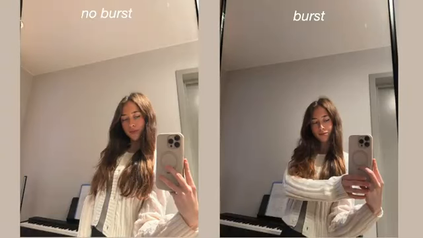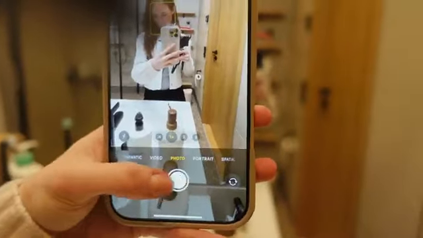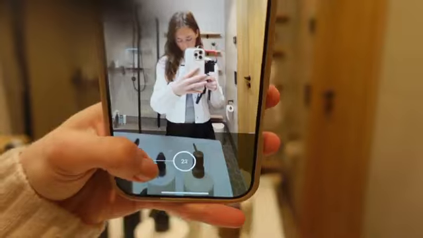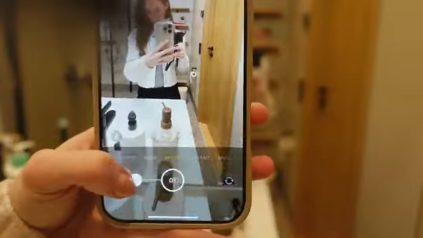And the way to get your pictures like this instead is to use the burst feature when you're taking your pictures. So if you didn't know, the burst feature is basically when you just take a bunch of pictures and you swipe the camera button to the left instead of just clicking it and taking regular pictures. For as long as you drag out the camera button, it's gonna take pictures. So if you hold it for a couple of seconds, it's actually gonna take like 20 pictures or even more,